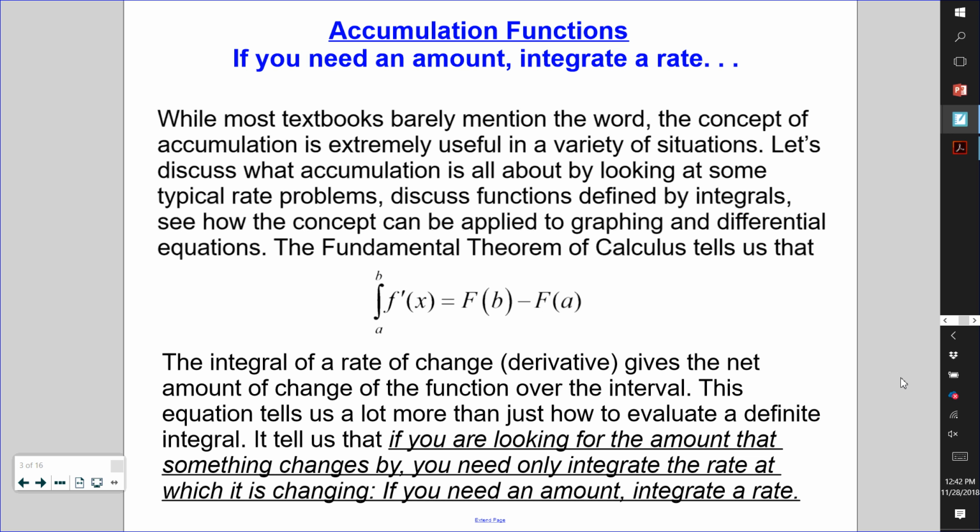So we're going to talk about accumulation functions. This is kind of new, kind of not new, okay? Basically what we're going to do in the next 3 sections is kind of things that we've already done, but we're going to do them more in depth, okay? We've already talked about accumulation functions because we've said it many, many times